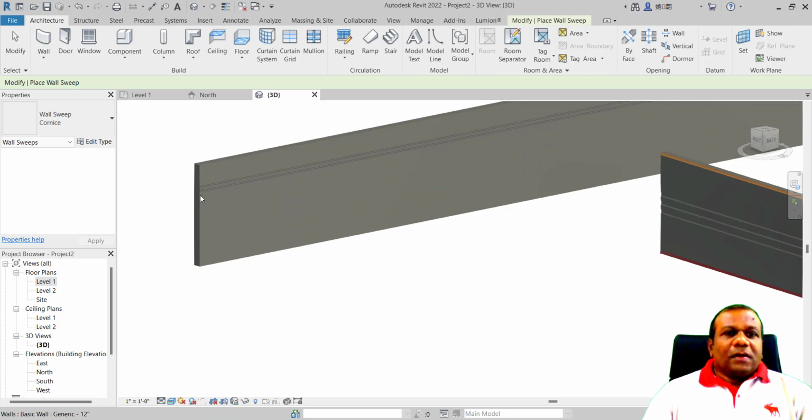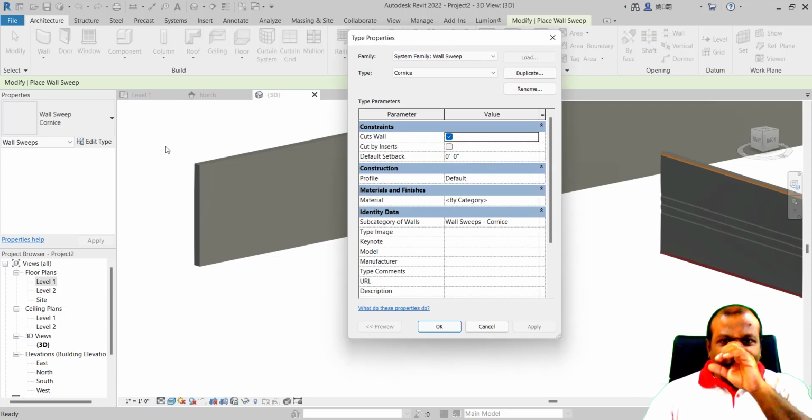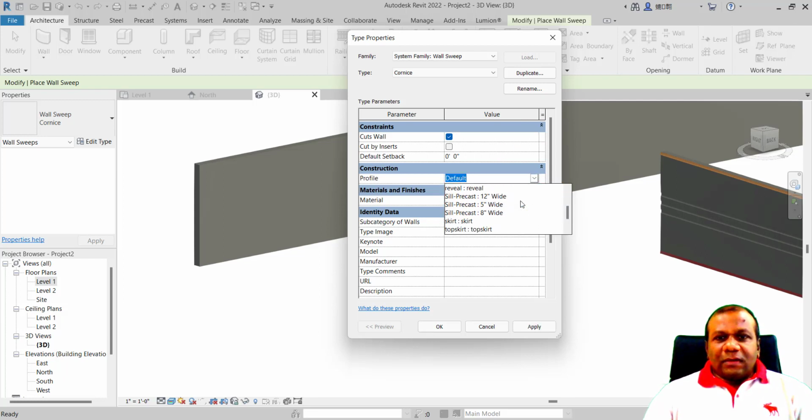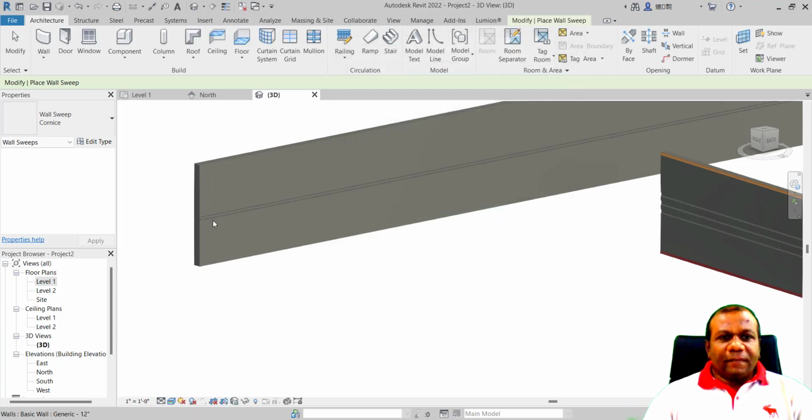Right. So like that you can, here this is the default profile. If you want your own profile, click the profile. Here this is the default profile. We have already loaded that one. Here the top skirt. I'll select the skirt and apply and OK.